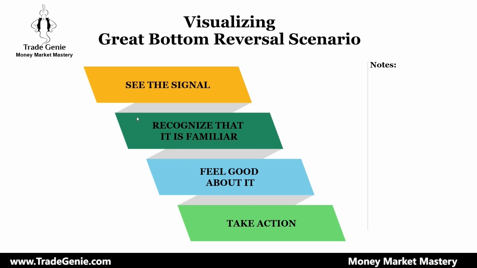So the process is that you need to look for something new, and you have to recognize that signal. So you're putting up too much pressure on you. Think about it. You close those three loser trades, you close that winner trade, break even, you feel good about it, temporary, only for that day. And the next day you're starting it all over again, and you're saying, okay, I need to find something where I see the signal, then I have to recognize it as familiar, then I have to wait to feel good about it, then I have to go through all the decisions, you know, how much I need to buy,